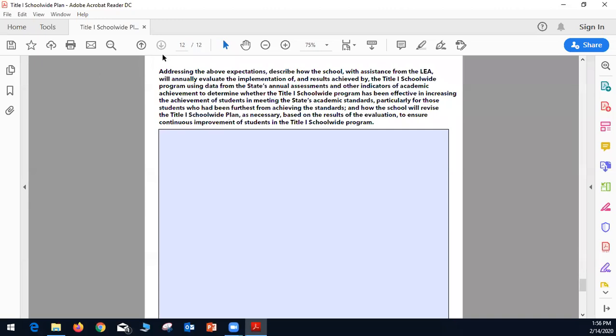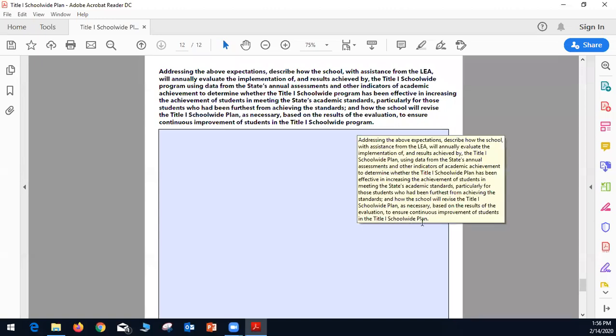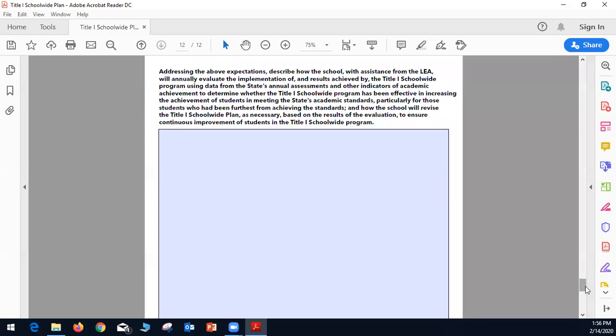So this was the school-wide plan. This is the template that will be available, will be posted on the website sometime next week, at the beginning of next week. And you may start thinking about the new format and distribute this to the site principals if you are one of the federal programs directors, and have them ready by the time you are ready to upload or submit the consultant application in GMS in the summer. I'm going to stop for a little bit and see if you have any questions about the school-wide plan,